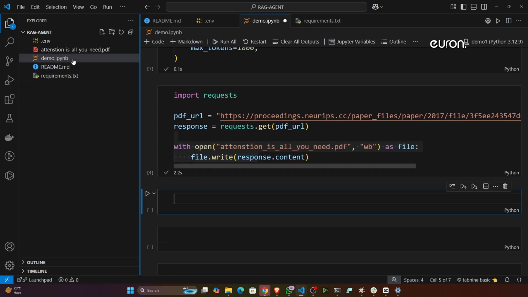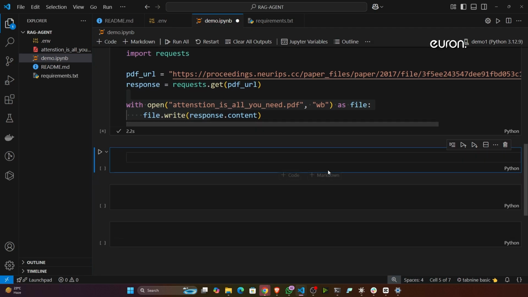So it's done. Now you can see guys, this is the PDF I have downloaded. Now what I will do guys, I'll try to create a knowledge base. Whenever we used to create our traditional RAG, we used to use lots of code, lots of functionality to create the knowledge base. But if you're using this agentic AI tool, you don't need to write that many lines of code,